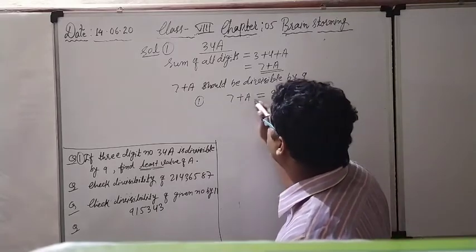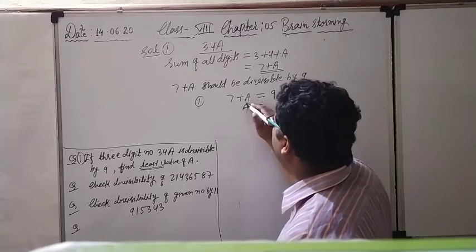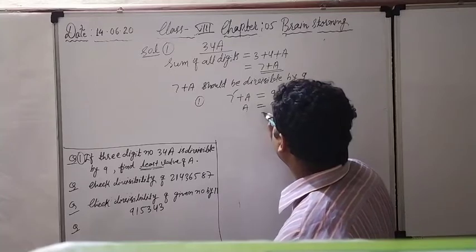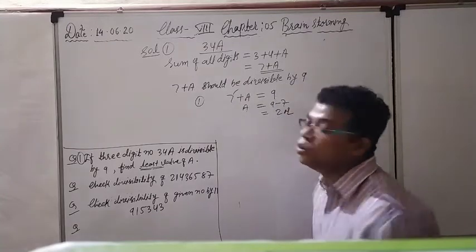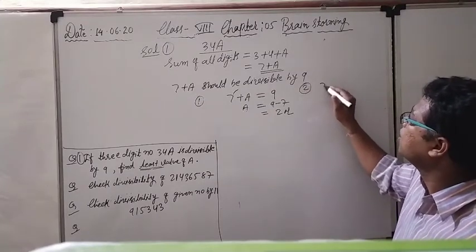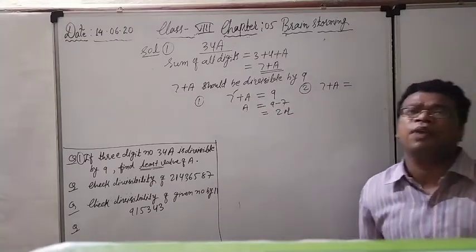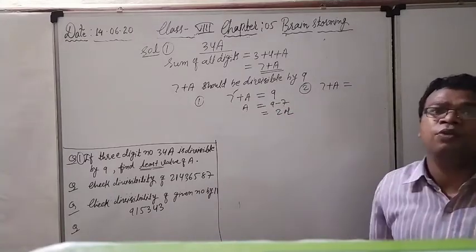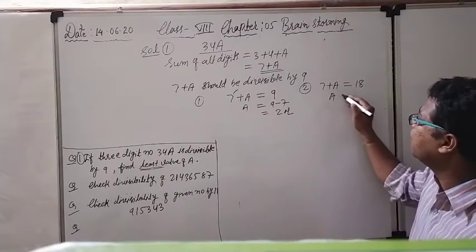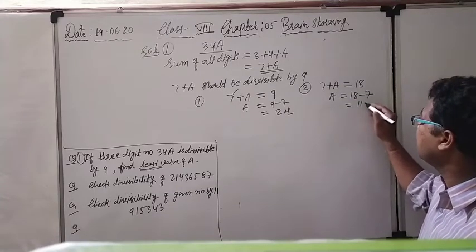So right now see, according to that 7 plus a should be equal to 9, and after this I can get the value of a, because this is the equation that 7 should be transferred here. So 9 minus 7, and this is giving me the answer 2. According to the question, right now see, there are so many conditions. Again 7 plus a, after the 9, read the table of 9. After the 9, what is the 9 2 ja 18. So either 7 plus a should be equal to 18. Again I can get another value of a: 18 minus 7, it will give me 11.